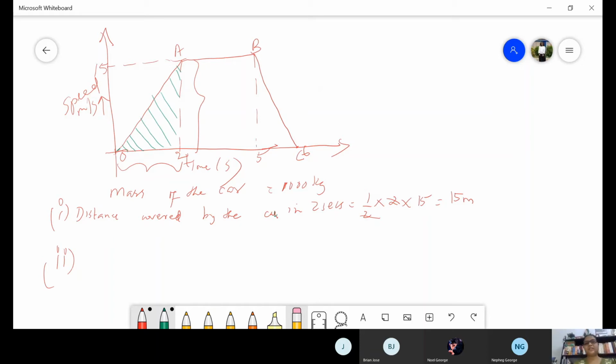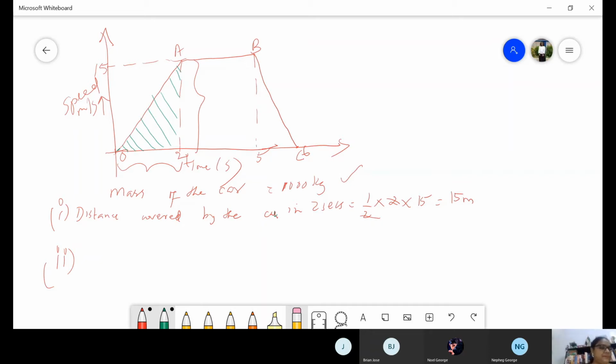You know what is the formula to find out force, right? Force is equal to mass into acceleration. You know what is F? F equal to ma. Now how will you find out a? Mass is already given in the question. Mass of the car is given. So you have to find out the acceleration a. How will you find out acceleration? a equal to v minus u by t. Yes or no? a equal to v minus u by t.